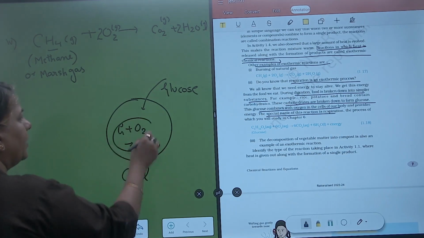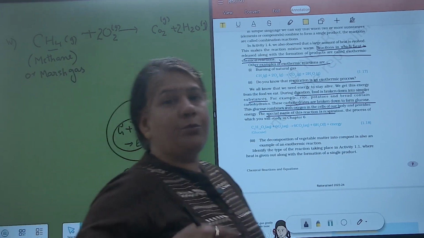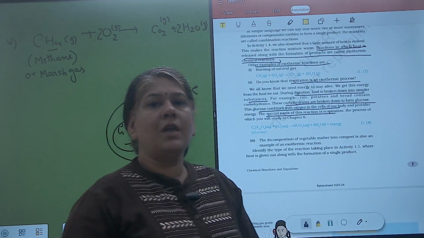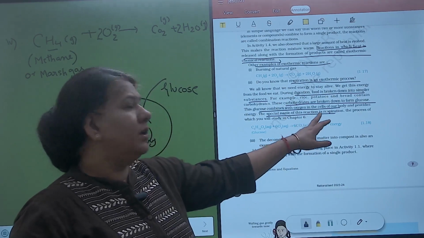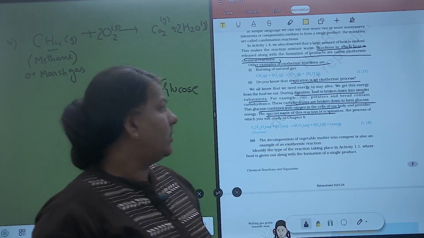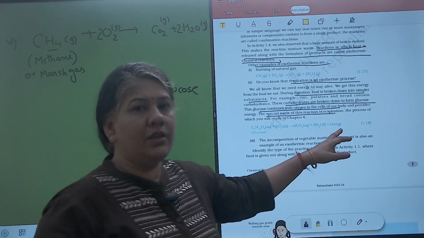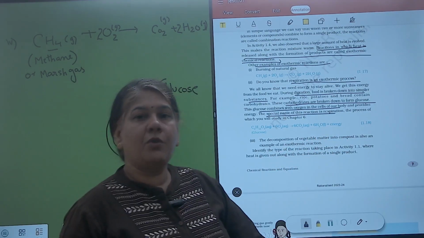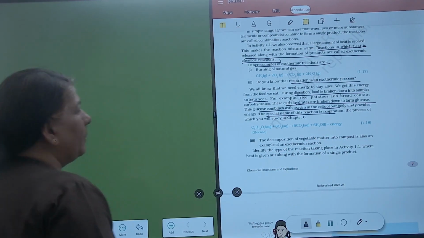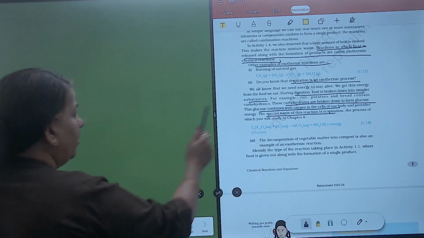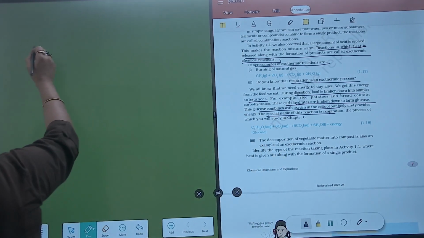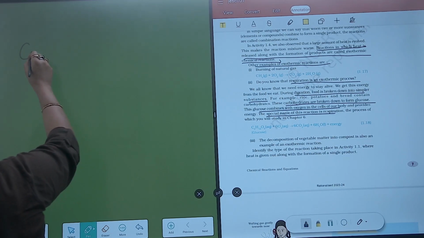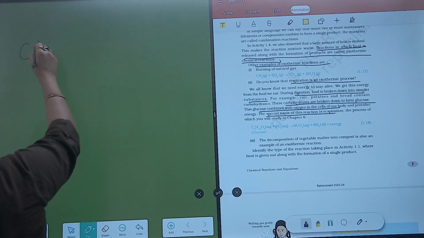This process where glucose is broken down with the help of oxygen inside the cell is called respiration. In this process, energy is produced in the form of heat and also in the form of ATP molecules. So we'll write down the reaction of glucose combining with oxygen. Glucose is